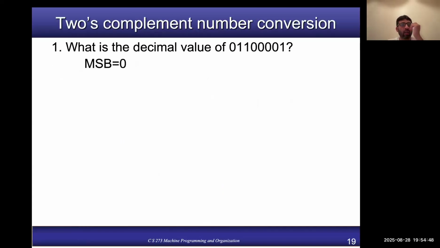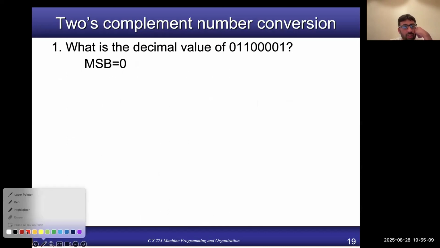Now here is an example. What is the decimal value of 0110001? First, when we want to convert to decimal, if it is specified that the given binary number is used to represent signed numbers, or even if it is not specified, by default we assume that the most significant bit is the sign bit, right? So if it is a sign bit,